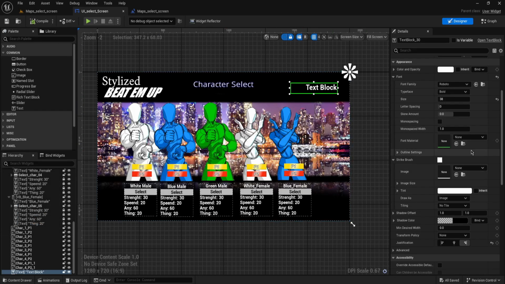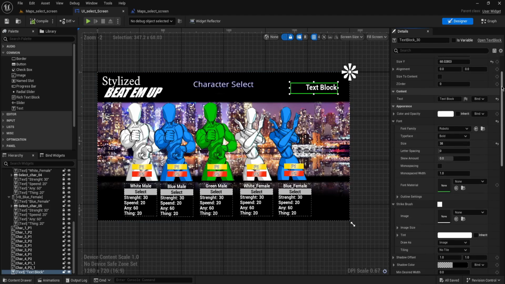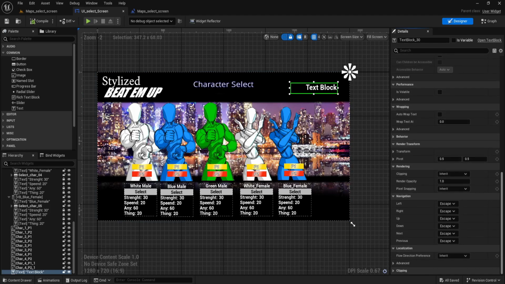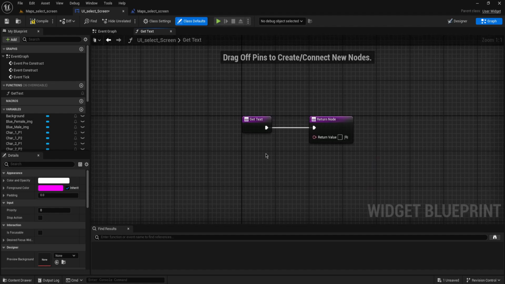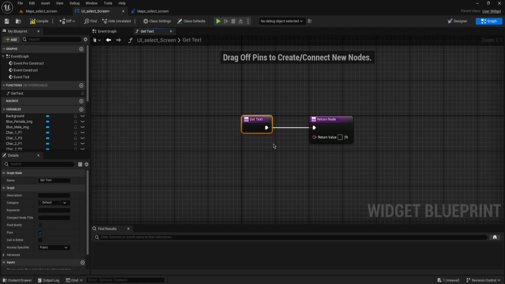Here in the content text bind, I will click on this bind button and create a bind. By default it has the name get text. I will put the name get number of players,